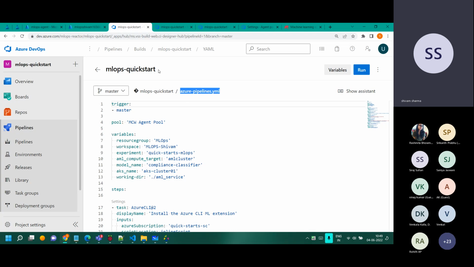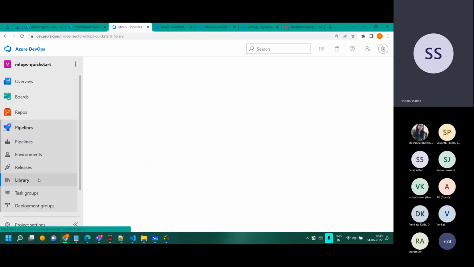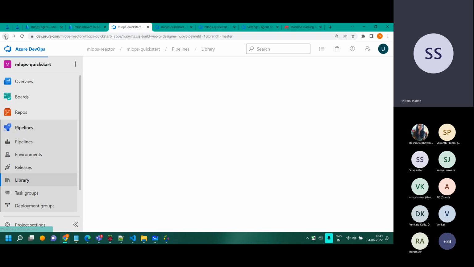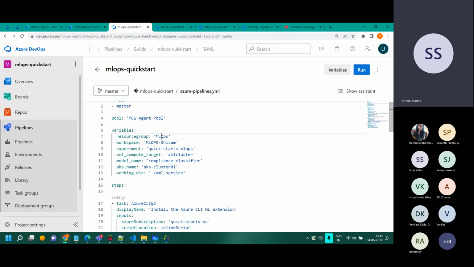Okay, so this is the azure-pipelines.yaml file which we have, and we are using that pool. That's the name of the Linux pool which I created earlier. This pipeline will get triggered if anything happens in the master branch. There are a few variables defined over here, written in the YAML file. One extra thing you can do is move them over here into the variable groups and use them later on. I'll leave that to you to go beyond. Now, we have a few variables here. That's the name of my resource group where everything is deployed in Azure.